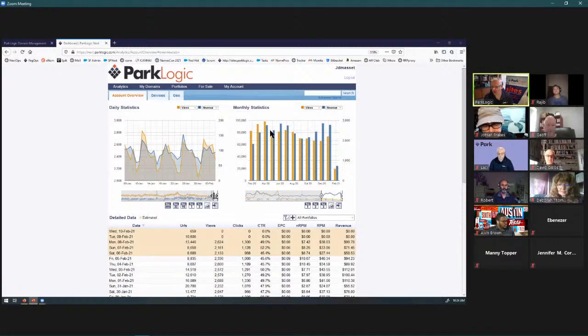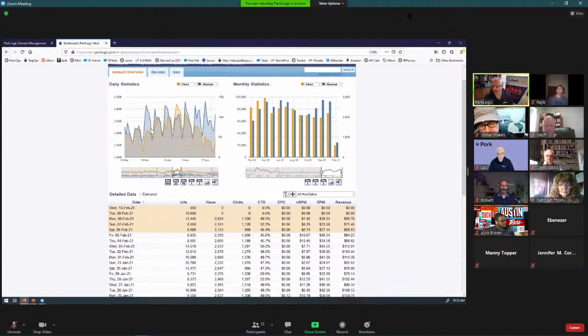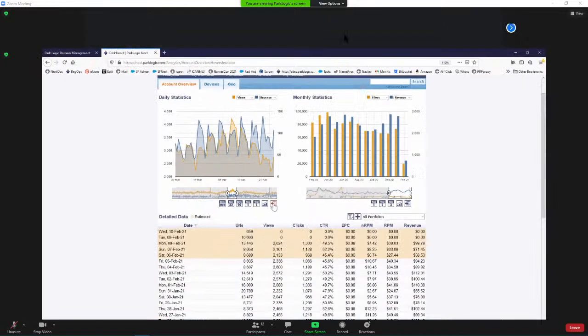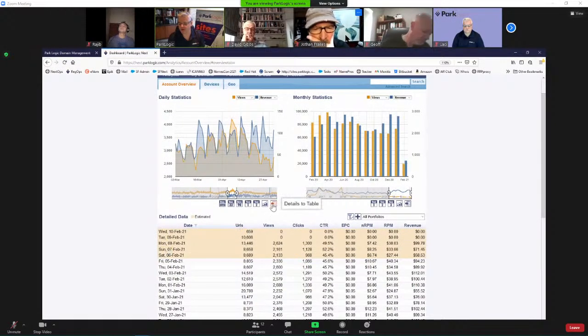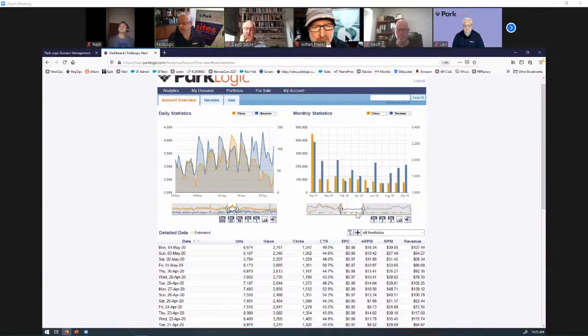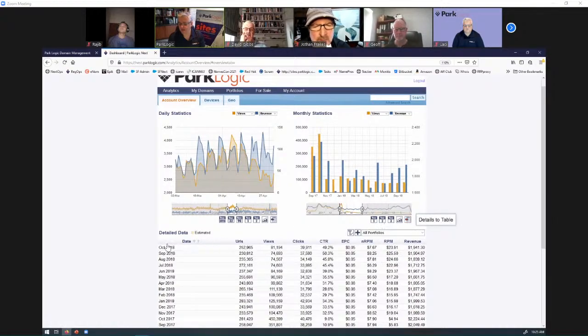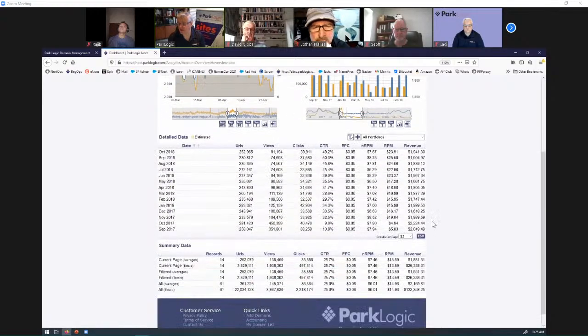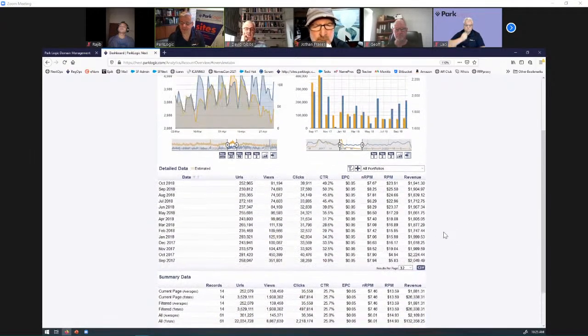I can change some of these sliders here and zoom in on different date ranges if I want to. I can then send all that information that's in the chart straight to the table. You watch the dates in the table change, and they do. So that's the date range I'm looking at. I can do the same thing for the monthly. I can send the data on a monthly basis to the table. Everything is exportable as a CSV file as well if you want to pull it into